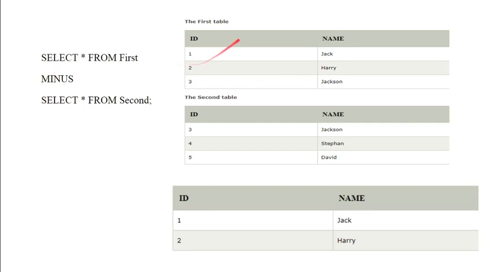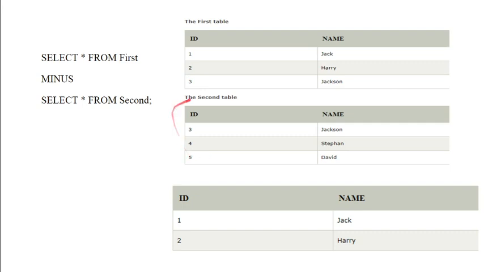When we apply the minus operator, select star from first, it is the first table, minus select star from second, it is the second table. First minus second will return only the rows which are present in the first table only.